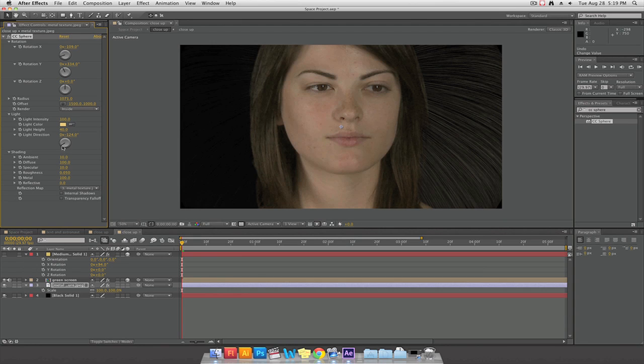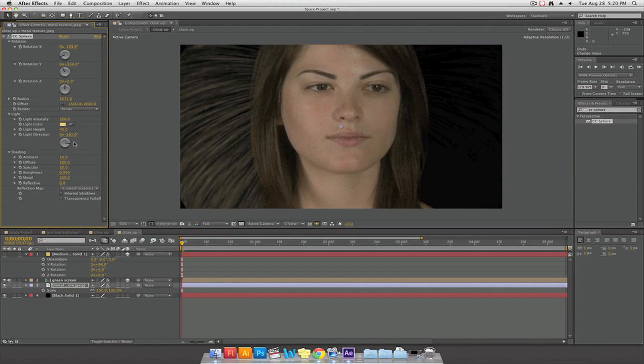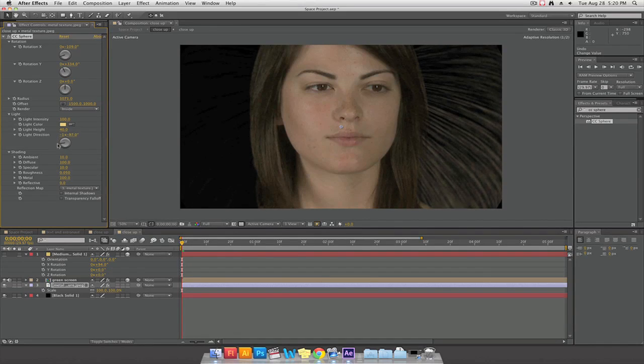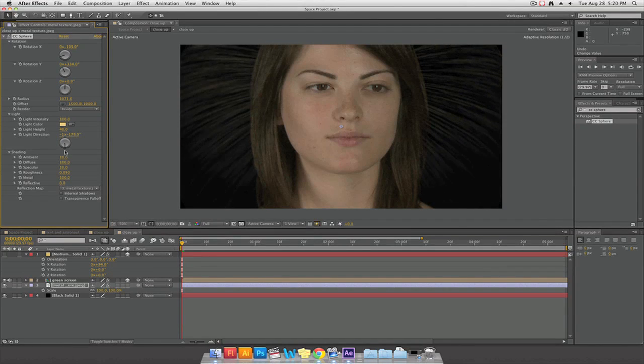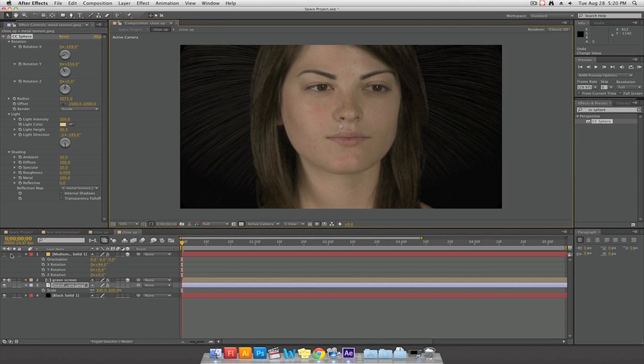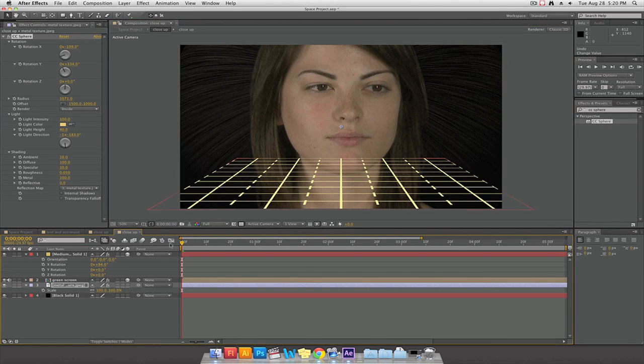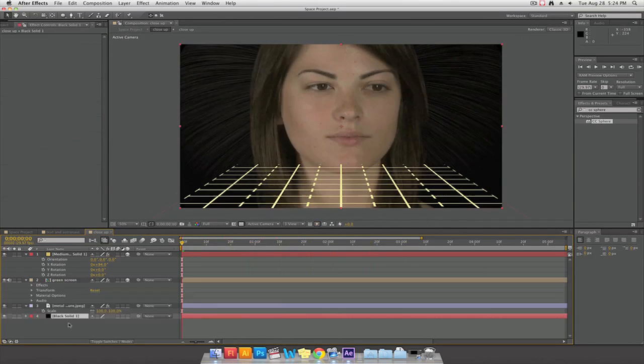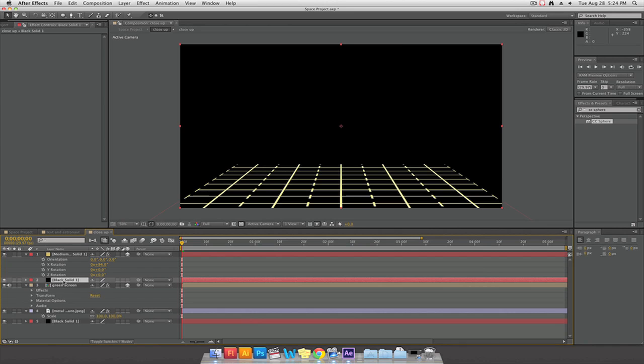Since we are inside a helmet, I want it to look like there's not a lot of light coming in. Maybe I want a lot of light on the eyes and not so much on the edges of the face. So I'm going to create this shadow effect using a mask. Masks can be very powerful, and you'll see why a little later on. If you add a mask to a layer, it will hide and reveal certain pieces of the layer according to the mask's settings. So I'm just going to duplicate this black solid,